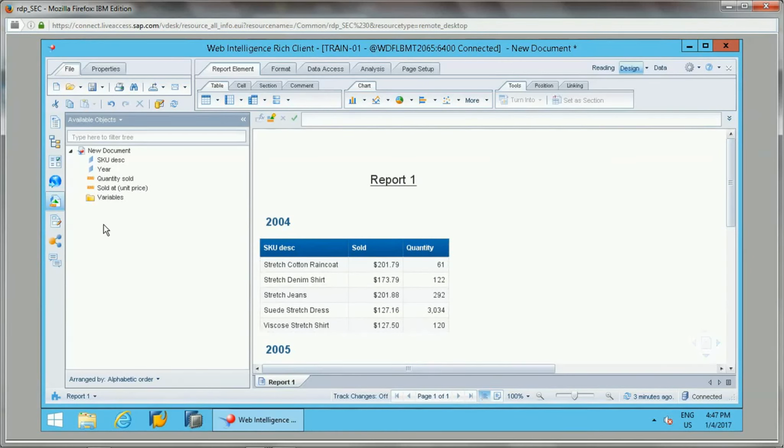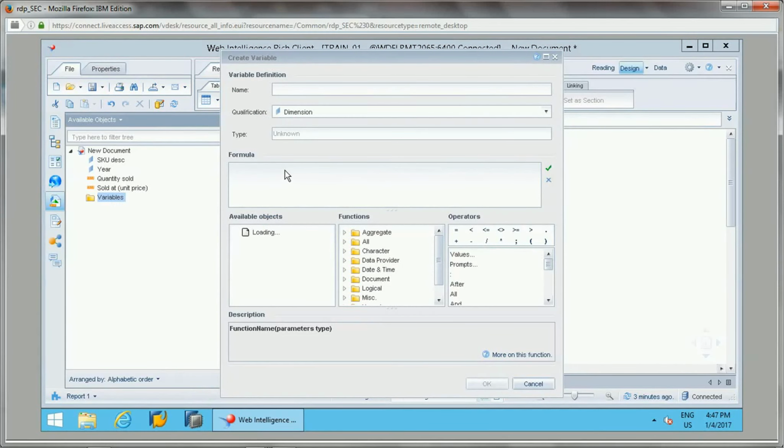Let's see what we can do. I'll create one variable which will give the sales revenue. For that, on this folder we can right click and create a new variable. I will give the name as revenue. The qualification should be measure because it is a calculated field, a numerical field that we are calculating based on other objects.